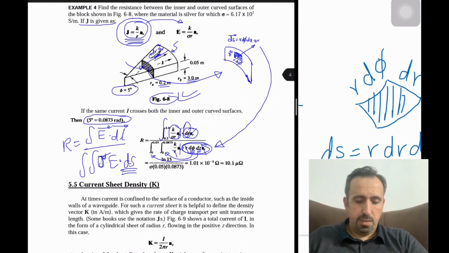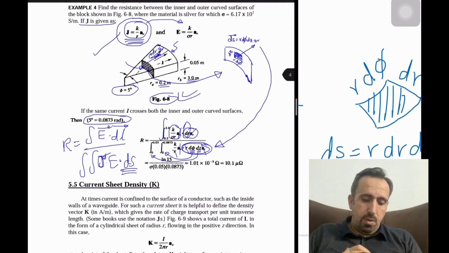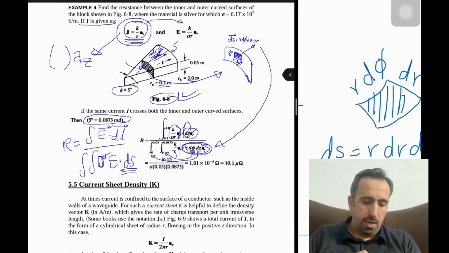Because in some cases, for example, if I give you this J, the direction of current, to be not in the direction of AR, for example in the direction of AZ, to be a certain value,